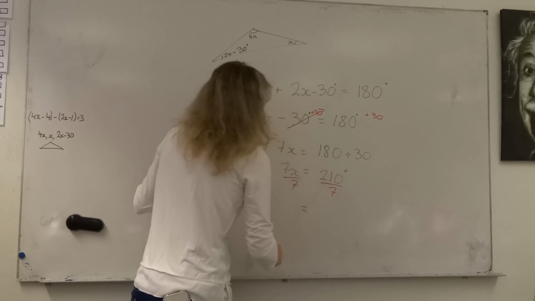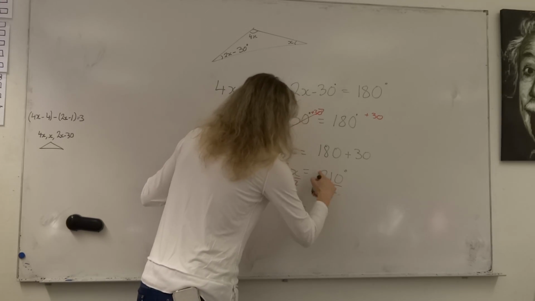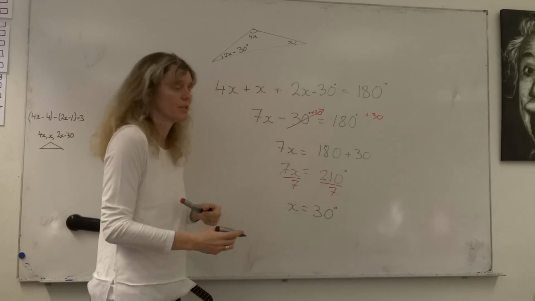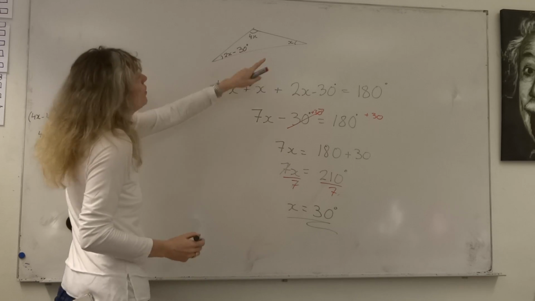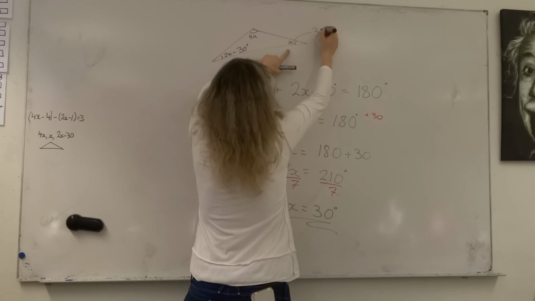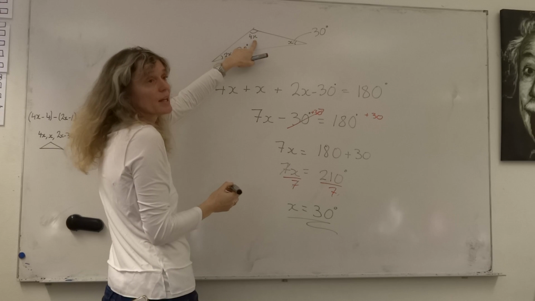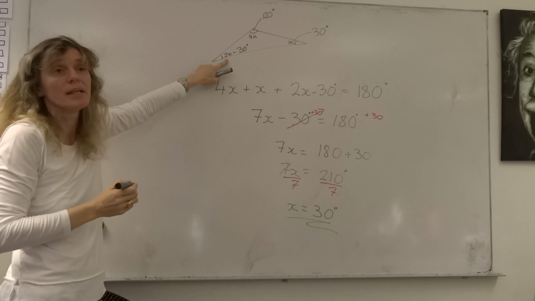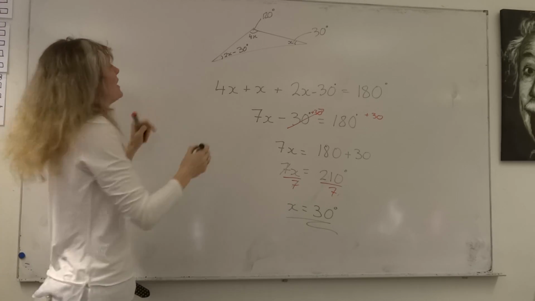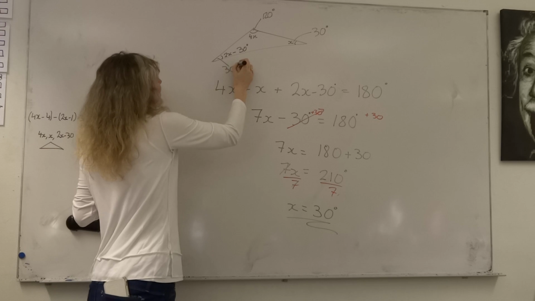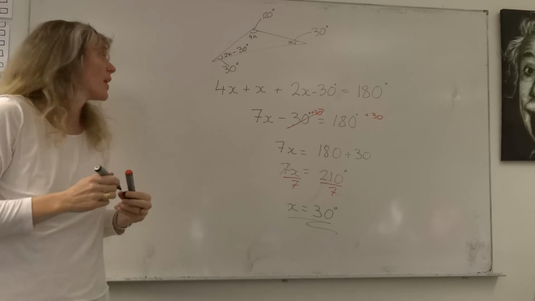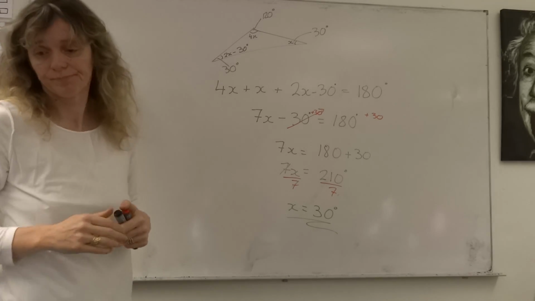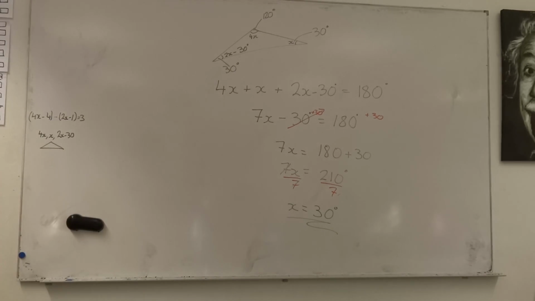So we get that 210, 7's going into 21 3 times, is 30 degrees. So we know that one lot of x is 30 degrees. So now we know that this angle here is 30 degrees. This angle here is 120 degrees. And this angle here is 2 times 30 minus 30, 60 minus 30. It's actually 30 degrees as well. Okay. And that's how we would do that one. How many points? 2 for the